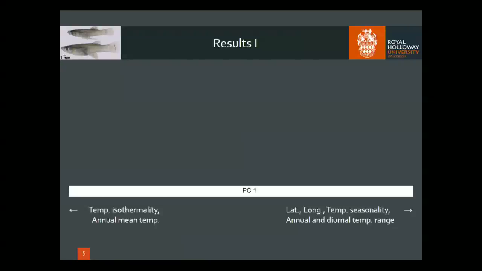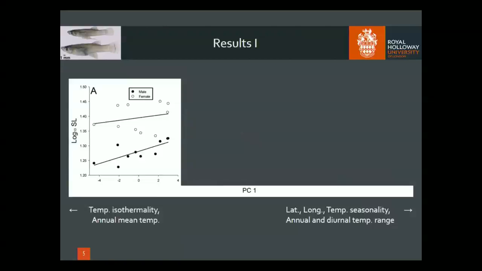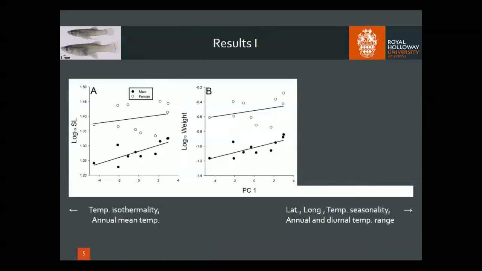So along this axis, if we first look at the first measure of size, here standard length, we see females on top and males on the bottom. In both sexes we actually get the pattern predicted by Bergmann's rule, where fish tend to get larger with increasing latitude. But at the same time, we also know that this seems to be mainly due to colder, more variable climates. Then looking at a second measure of fish size, in this case wet weight, we find the same pattern replicated. So again, two different measures of size, but both indicate that Gambusia holbrooki tend to become larger towards the north.